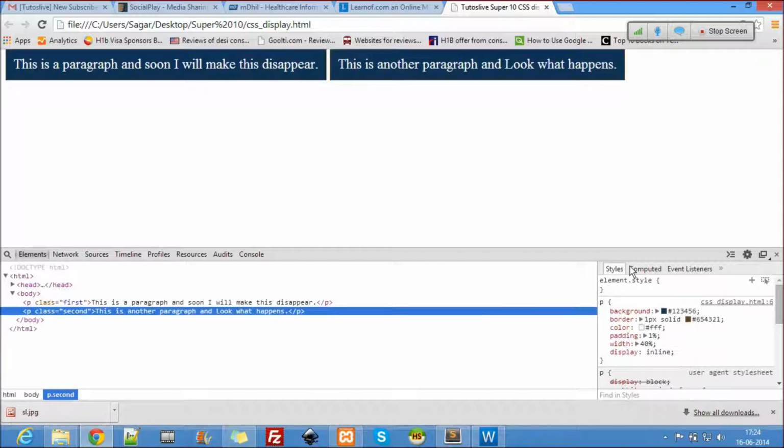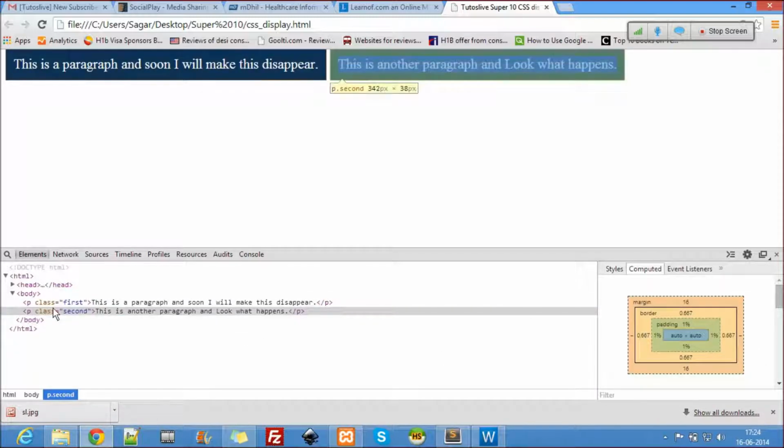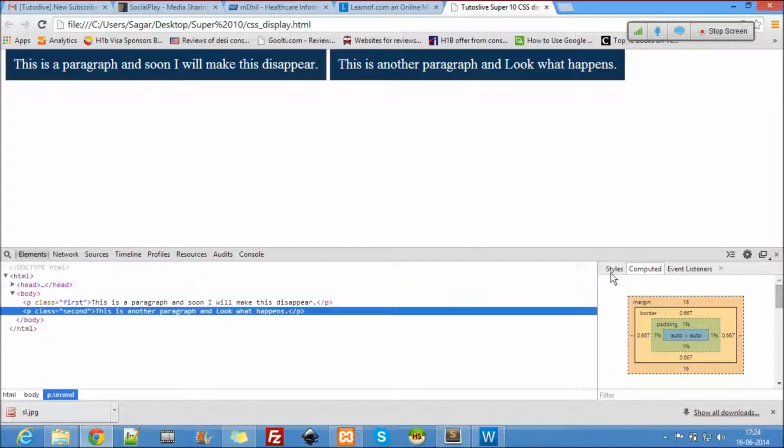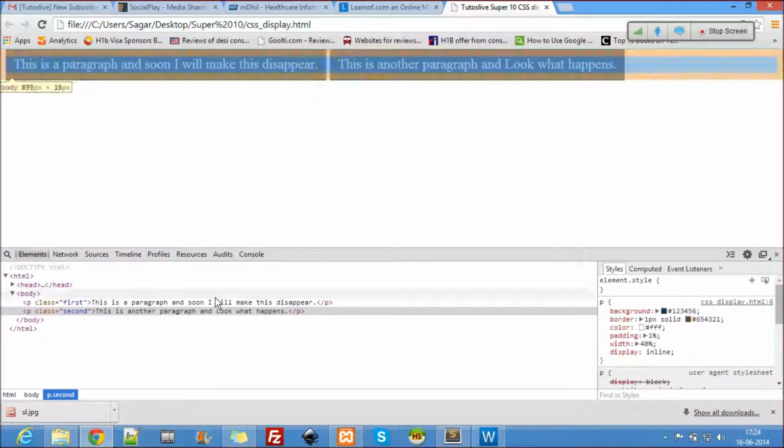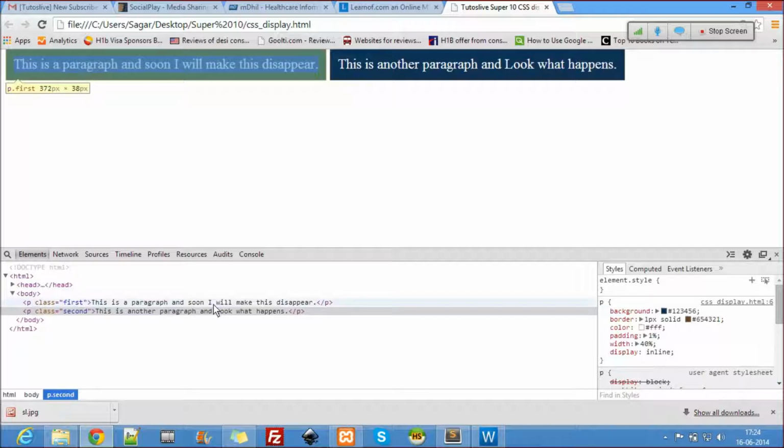Okay, for the second, I just hover on this, it will tell me the width is 342 pixels here. For the first one the width is 372 pixels. It's not taking the 40% over there, so that is the problem of inline tags.